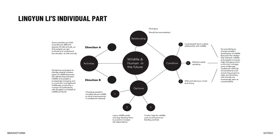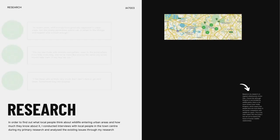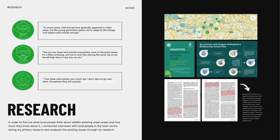First, I brainstormed to organize the information I wanted to figure out under the wildlife theme, and I interviewed local people in the town center to learn what they think about wildlife in urban areas and how much they know about it. I also analyzed the existing issues and detailed information about the condition of wildlife through my research. After organizing information from our research, I found that field interviews are effective but need to be combined with